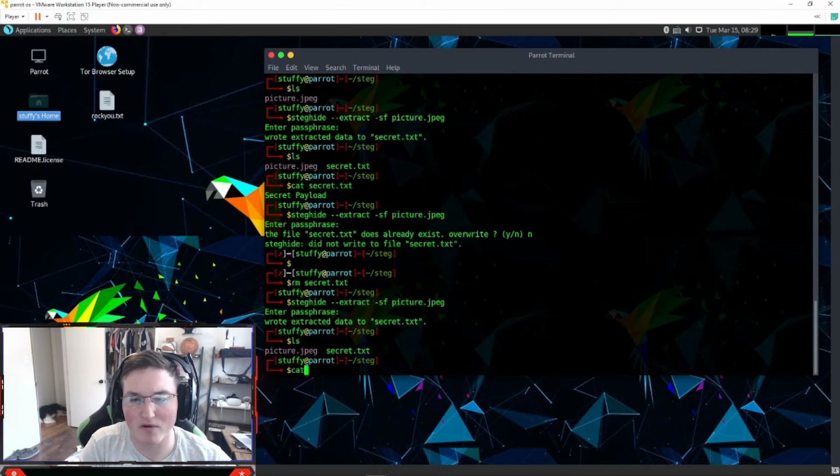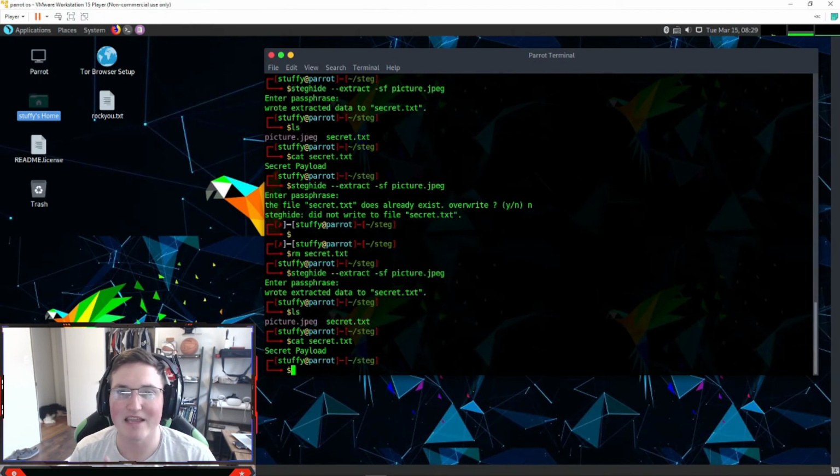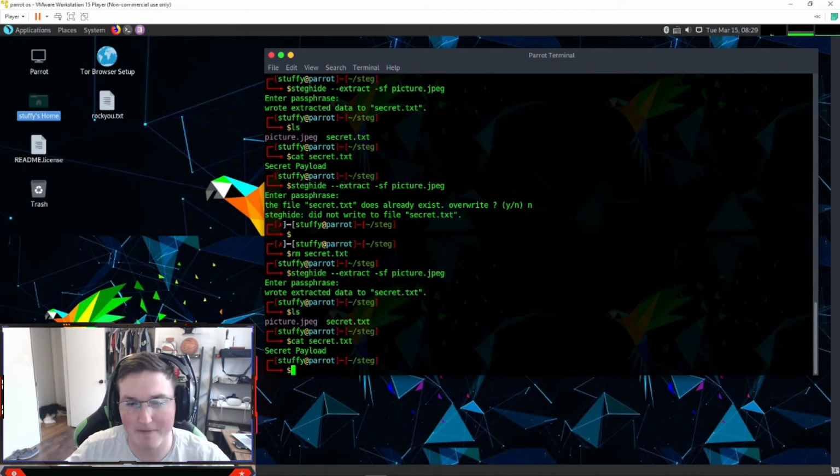So why is this important to us, right? Because that image file still contains those secrets. Even though we pulled them off, it still contains them. So it's important to know if these are sensitive information that you're trying to keep, you need to delete that file, okay? Because that file now holds that information. All right,